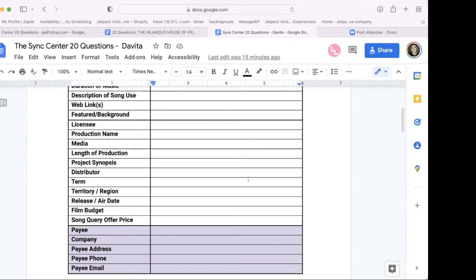And then the production name: what's the name of the film? Media: what type of media is this? DVD? Is it streaming, like Netflix or Showtime? Facebook, YouTube, Instagram, all that goes in here as well. Again, we only want to pay for the use we need. We don't want to overpay. So we get very specific there on whether it's DVD and Netflix, a theatrical release, or terrestrial television. Those kinds of things.